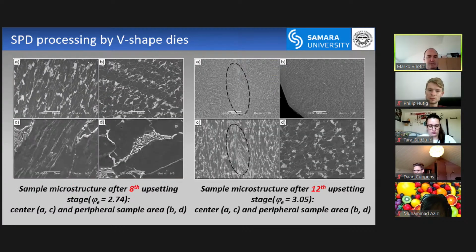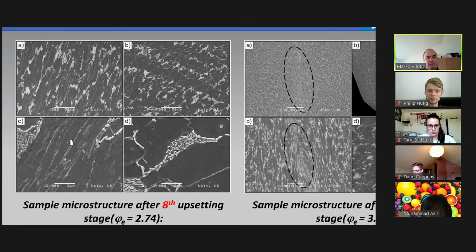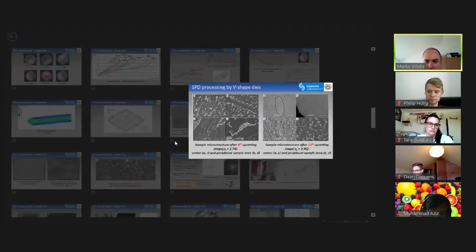So in this case, we check 8 upsetting stages. Again, A and C are the center, B and D the periphery. In B and D, there is no considerable change compared to the initial one. We just check the pearlite. You can see the breaking of the pearlite. The breaking of the pearlite is good because this is the hard phase. So the more the pearlite breaks, the more even you get,